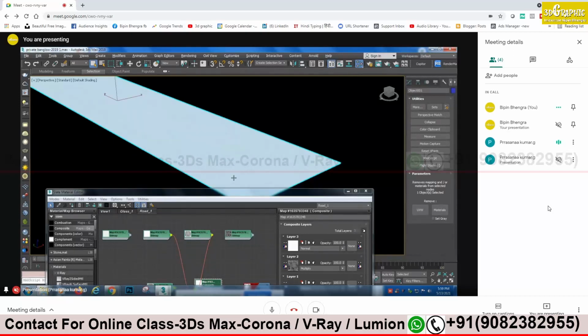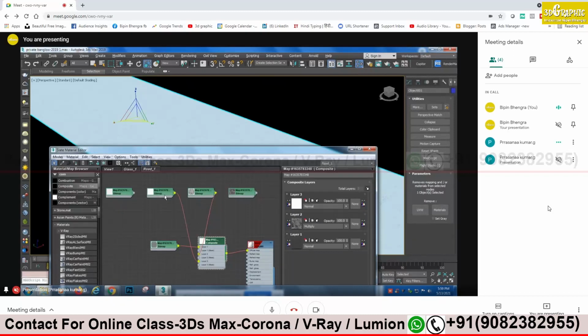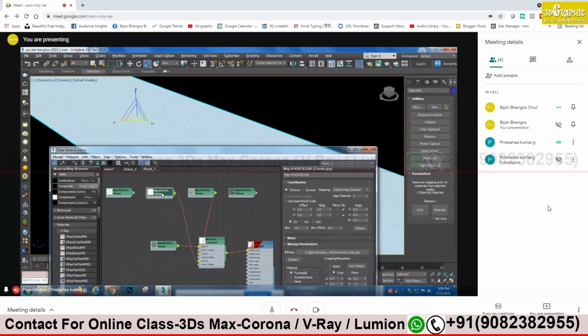The scaling, how to do, sir? Same scaling. Go to that bitmap in the material editor. Double click on the bitmap. Here you see the tiling. You have to reduce the tiling, so that it will be 0.1, 0.2, 0.3.